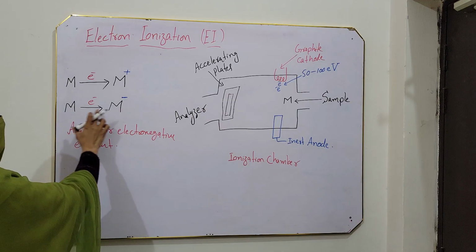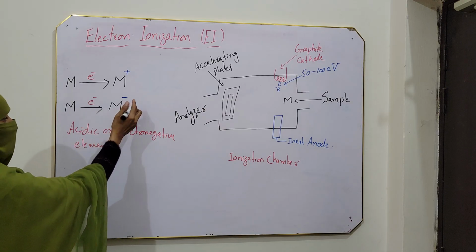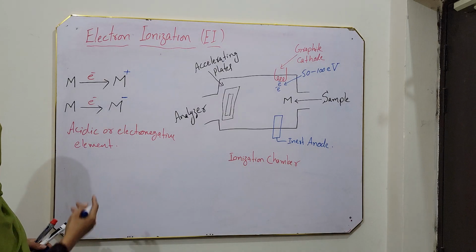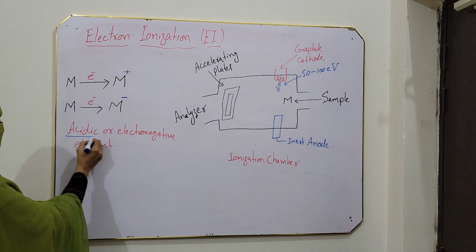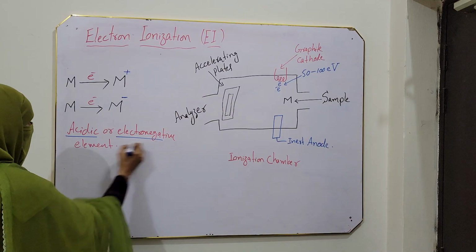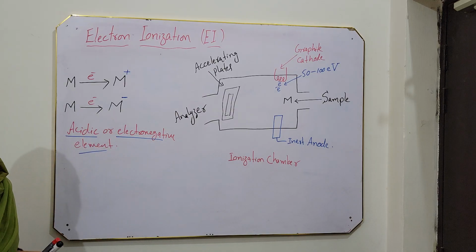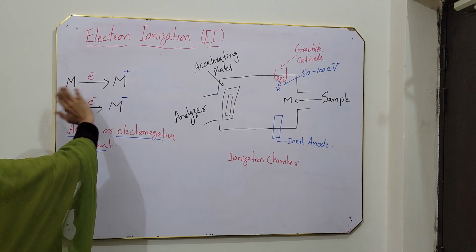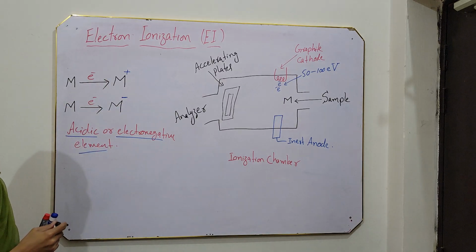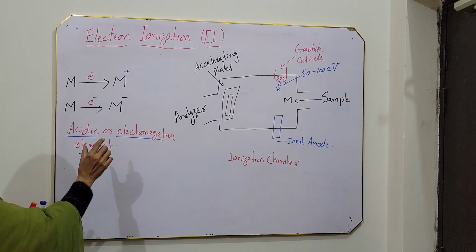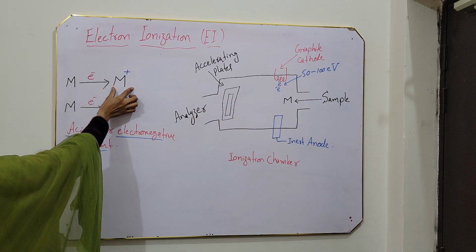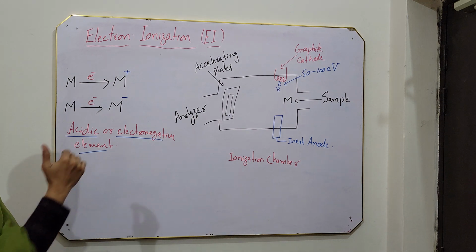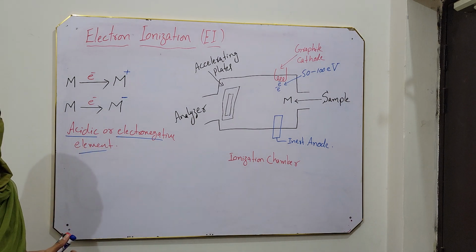And the second option is that an electron may be absorbed. Then a negative charge may also be created. But a negative charge is mostly created if the sample contains some acidic group or some electronegative element. Then a negative ion is created. Otherwise, mostly a positive charge is created, as electrons are ejected. So electron ionization can be used for formation of cations as well as anions. I mean, both types of molecules can be formed, containing positive as well as negative charge.